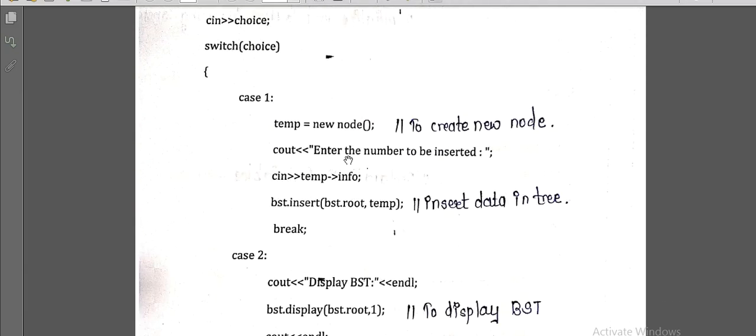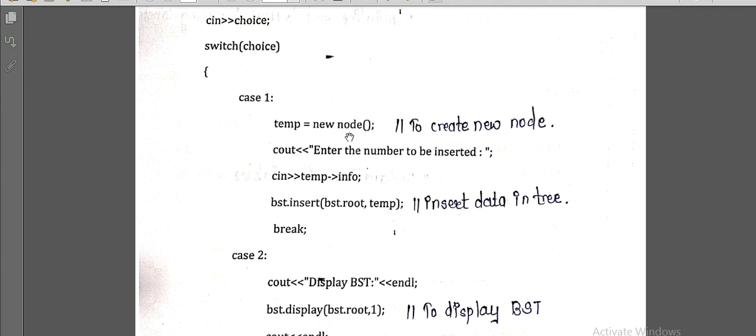So here we are going to call the insert function to insert a particular node in a tree. For that, first we need to create a node. We have to declare our new node. So in the temp variable we are creating our new node, and now that temp node we have to assign in our tree, right? We need to insert that temp node in our tree.